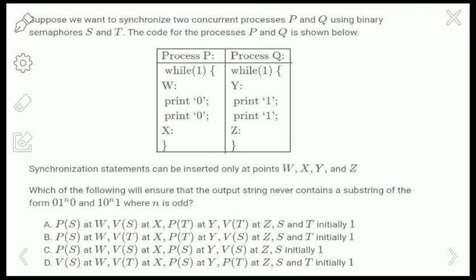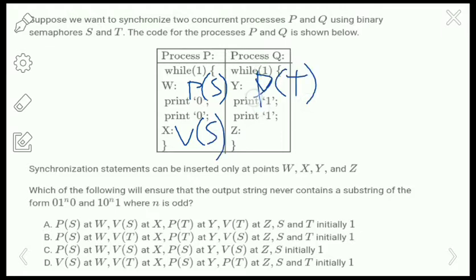So let us check the first option, A. At W it is given as P of S and then V of S at X, and for Y, P of T, and for Z, V of T. Actually a process can access the critical section, right?